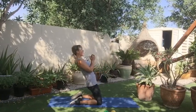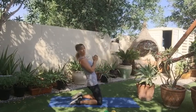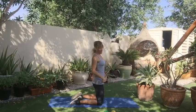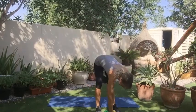Some of you might stop here, go back up. Wherever you can maintain this straight spine. It's not about how far you lean back. I don't want you to fall, but you're going to feel it. You're really going to feel it. Okay. Grab both weights. Quick drink if you need one. And we are on. We're going to go